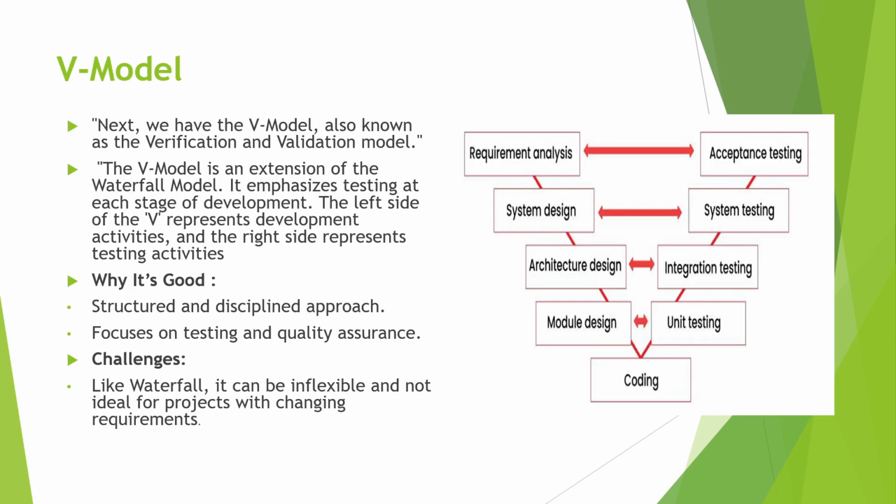V model. Next, we have the V model, also known as the verification model or validation model. The V model is an extension of the waterfall model. It emphasizes testing at each stage of development. The left side of the V represents development activities and the right side represents testing activities. Why it's good? It has a structured and disciplined approach, and focuses on testing and quality assurance. Challenges faced by the V model are, like the waterfall model, it can be inflexible and not ideal for projects with changing